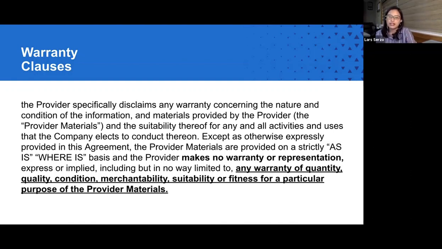So let's say whether or not your software will work will depend on the support that you get from a third-party maintenance provider. Then if you're making a warranty that the software you're providing will function, let's say, 99% of the time, then your maintenance agreement with your third-party provider should contain some sort of mirror provision that would actually allow you to comply with your obligations to your end client.